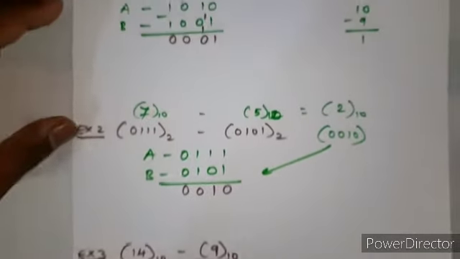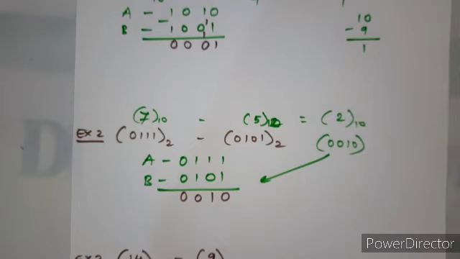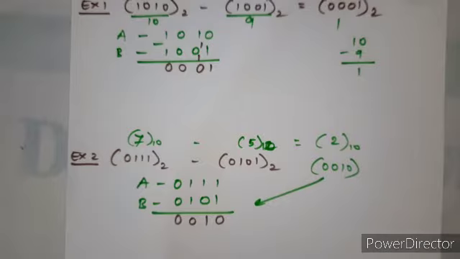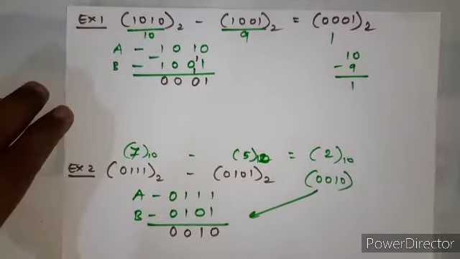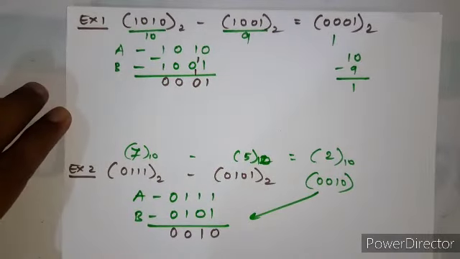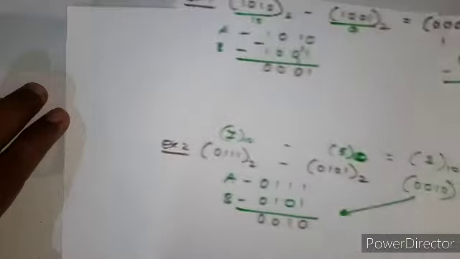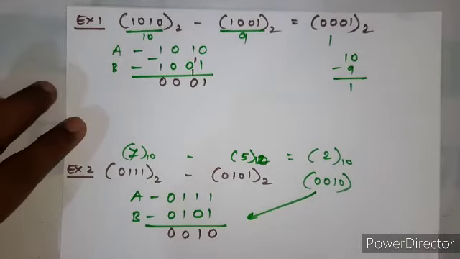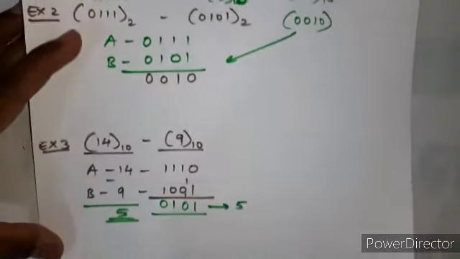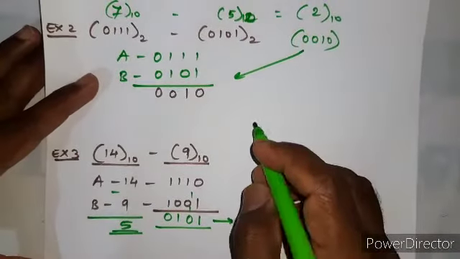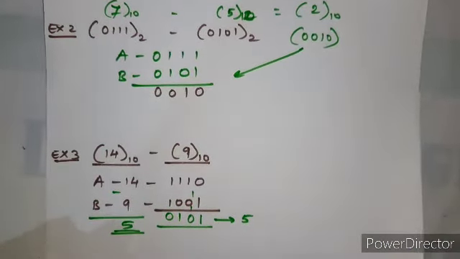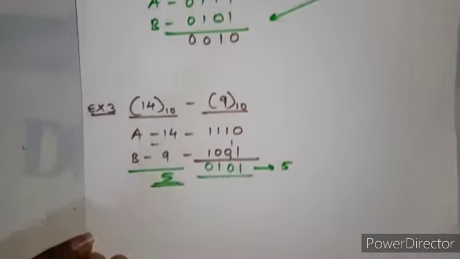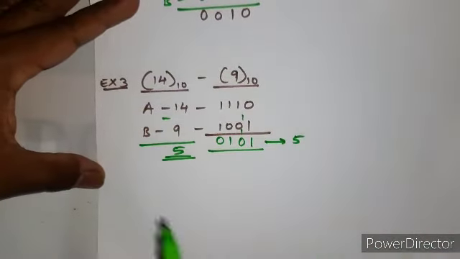Now here you might have seen that, taking these simple examples, this direct method is quite simple. But if we go on increasing the weight of the number, this direct method becomes very tedious, very complicated, to find the difference between two numbers. This is one limitation of the direct method. Another limitation, let us try.